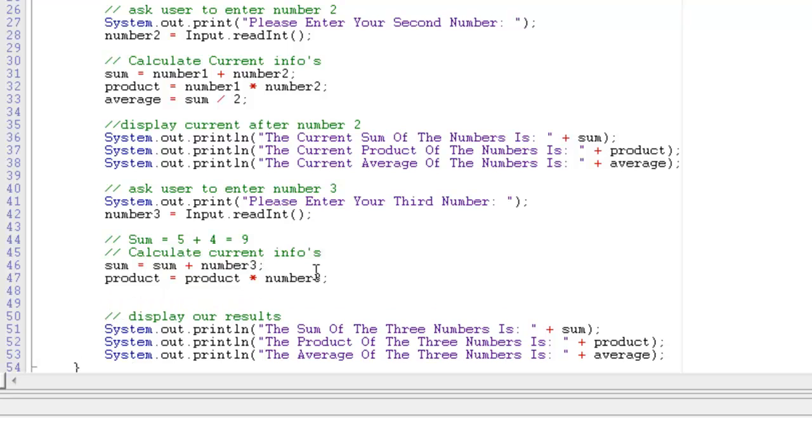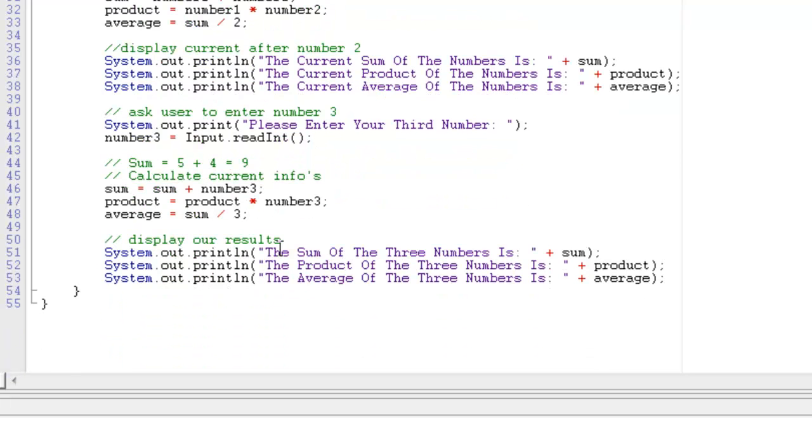And then finally for the last one, average is equal to, and this time you don't need to put average plus or whatever. You can just use sum again, because sum up here has been initialized as 9 already. So 9 divided by 3, which is going to give you the answer of 3, obviously. Okay, and then finally in this last one, all you have to do is just, instead of having current,